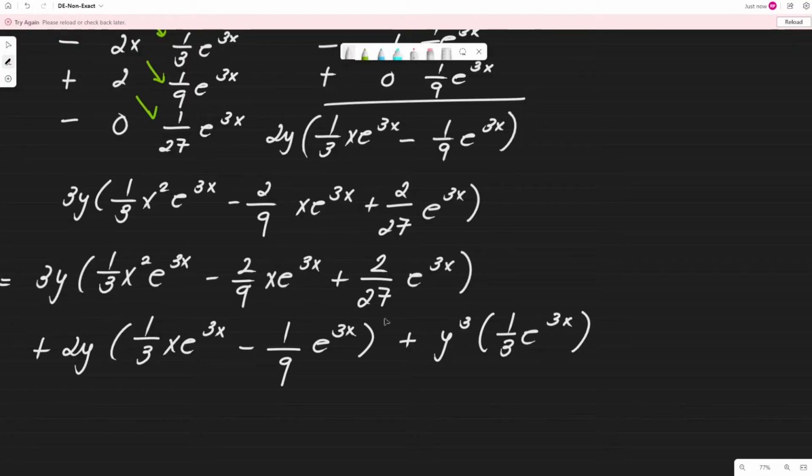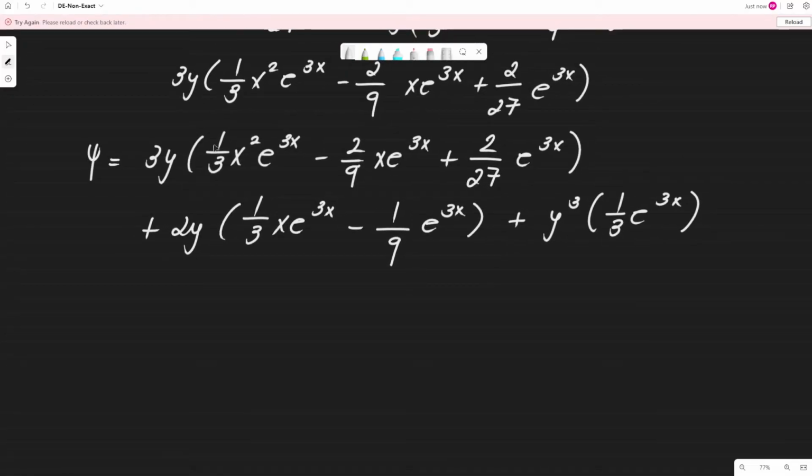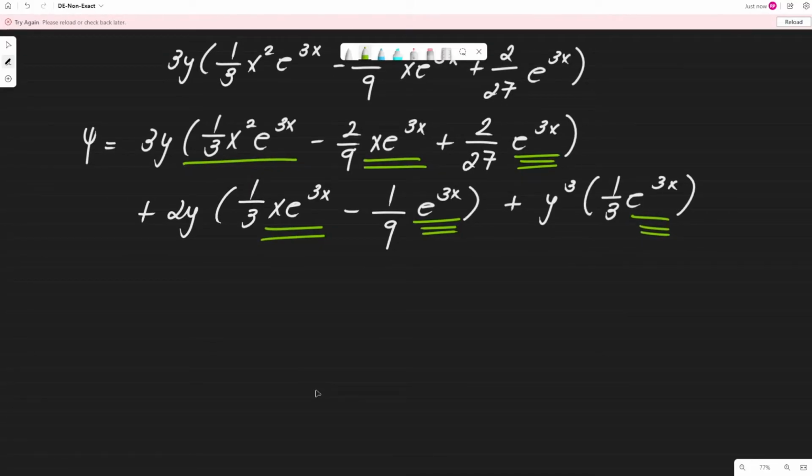Okay, then you're just going to combine all the like terms. This one is alone, the x squared e raised to 3x. This x e raised to 3x has a companion, I'll put a double underline. It has a companion, as well as the e raised to 3x. Those are the ones we can combine. Just to simplify, I can distribute. So we have psi is equal to